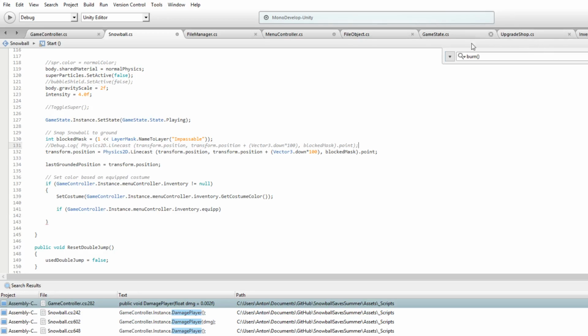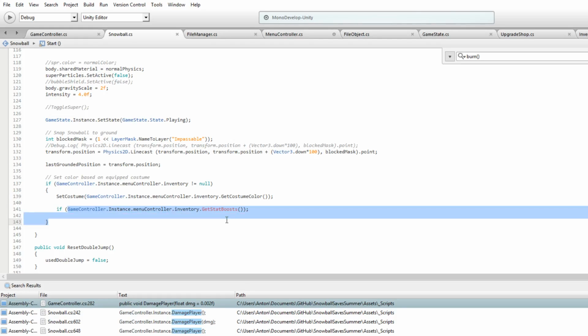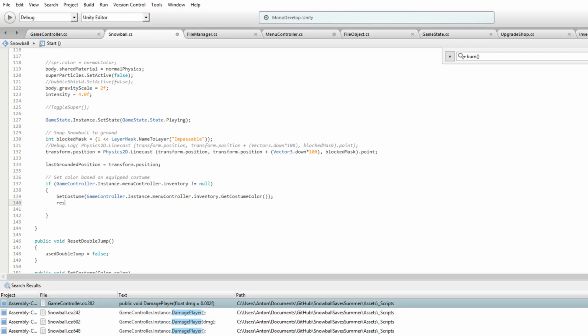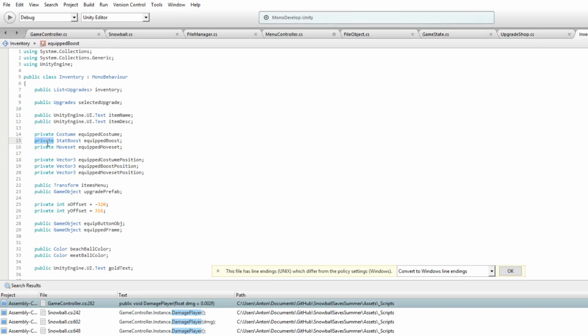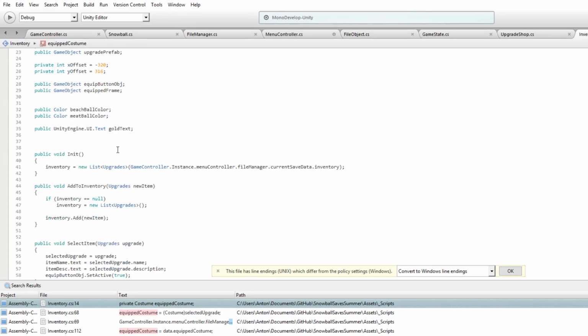Really? Hold on a minute. Let's say get stat boosts. Actually, wait, let me do it this way. We'll say resist equals dot get resist. Because what I might want to do is have it so that you can equip multiple of these at the same time. So you can customize how many that you want. I don't know. But this will be good enough. Because for some reason I made these private. Anyway,